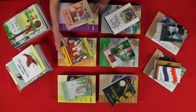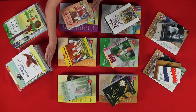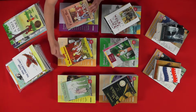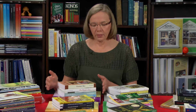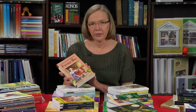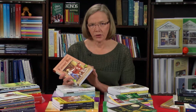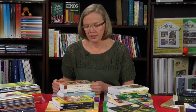You'll also notice that LLATL is built around the actual novels that go with each level. And so naturally it's going to start with real beginner readers, and then slowly but surely, level by level, color by color, the reading level is going to increase in difficulty. And how the program works is a child reads the book. For example, if they're going to read Farmer Boy, they'd read that novel, and then there will be lessons pertaining to that novel. There'll be a book study and then literature lessons, and grammar lessons, and handwriting and spelling and composition, and a whole variety of language skills will be pulled from the actual book that they read,